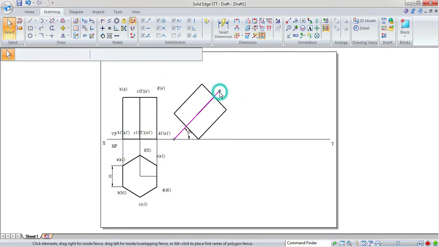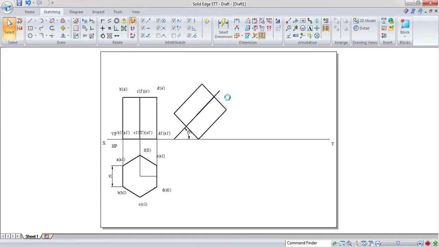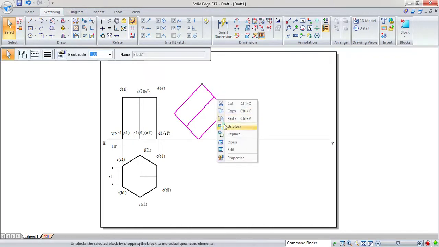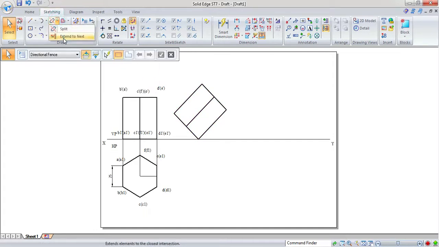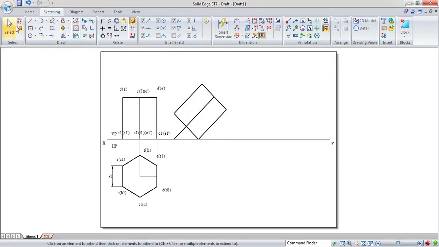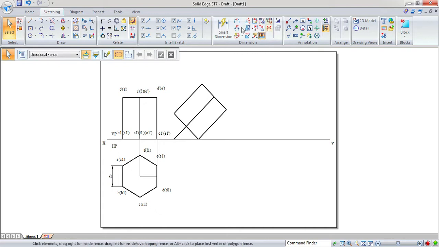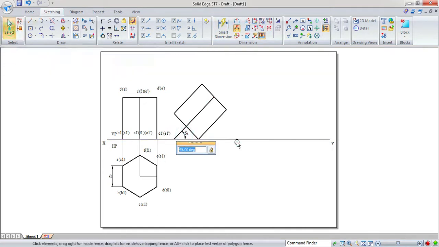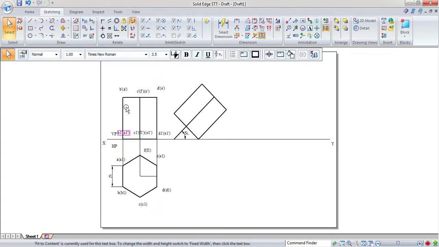Once it is properly placed at the angle, you can delete the reference line which you have drawn and you can unblock this one and use the extend to next command, and here you can show the angle once again and write down the annotations here.